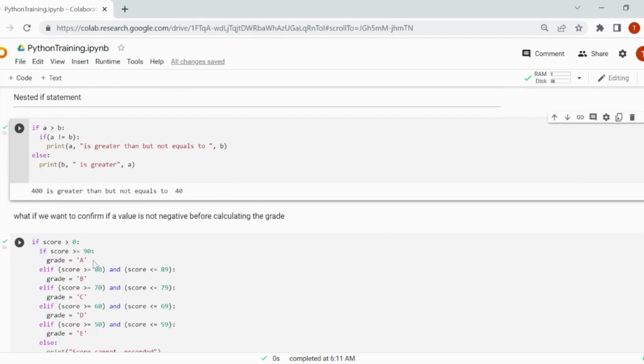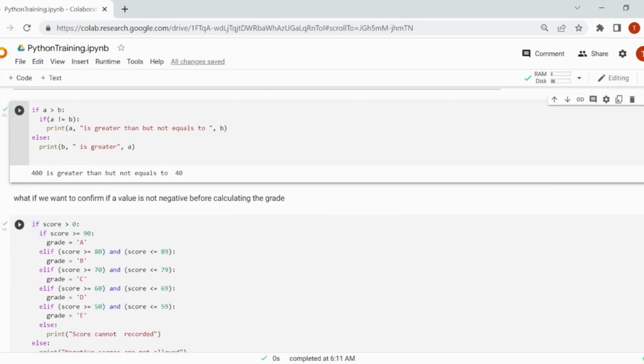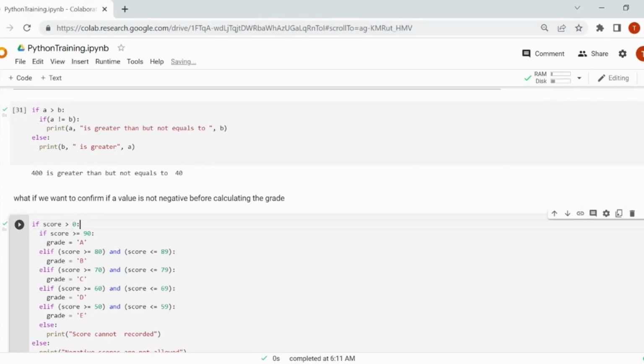So we are going to use the same grading system that we used earlier here as well. Let's see, what if we want to check for a particular condition before we start calculating our grade? What if you don't want them to enter a negative value? That's just an example. There are different scenarios where you would need to have your if statement embedded inside another one. But for now, I'm just using this to check if score is greater than 0,